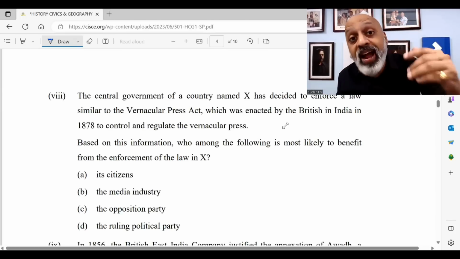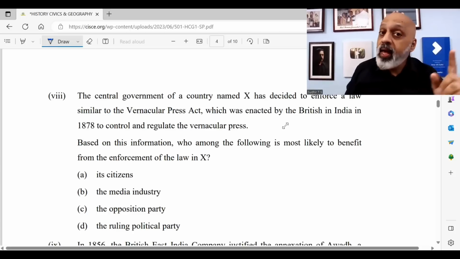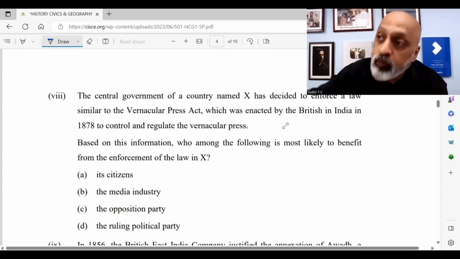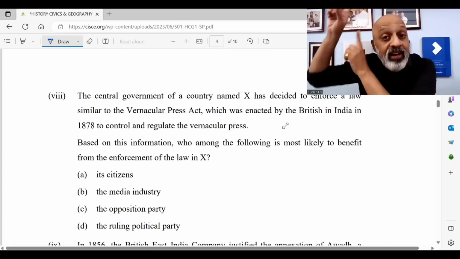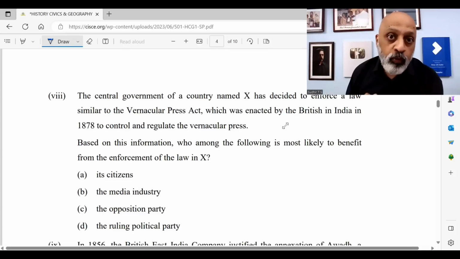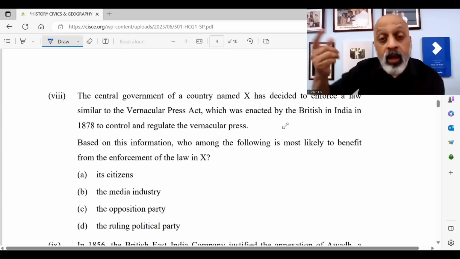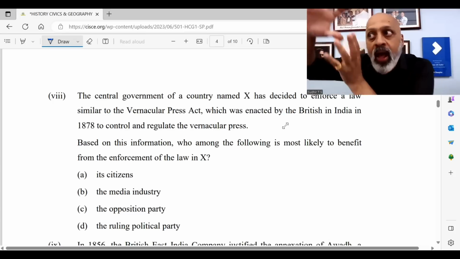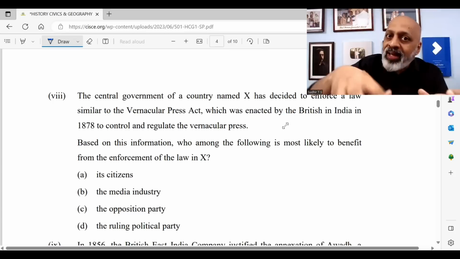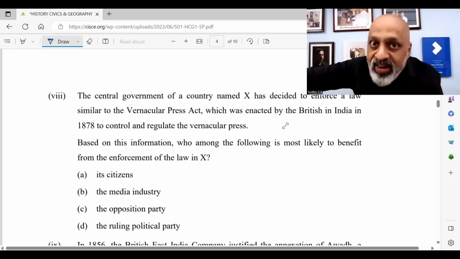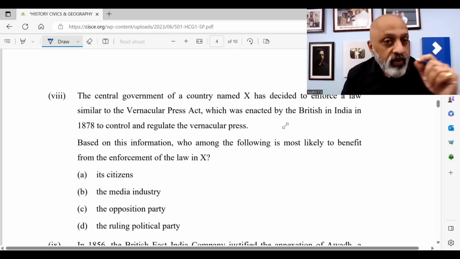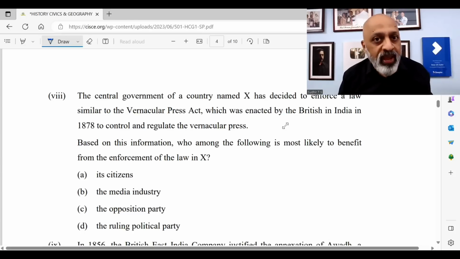So इसमें जरूरत क्या है? आपको Vernacular Press Act में हुआ क्या था वो जानना है, लेकिन आपसे ये नहीं पूछा जा रहा. You are not being asked what was there in the Vernacular Press Act. That is how the previous MCQs would be framed. Now you are expected to know what was in the Vernacular Press Act and use that information to answer a question not in 1878 but in 2024, next year, right? 23-24. So citizens ko, there would not be any benefit.